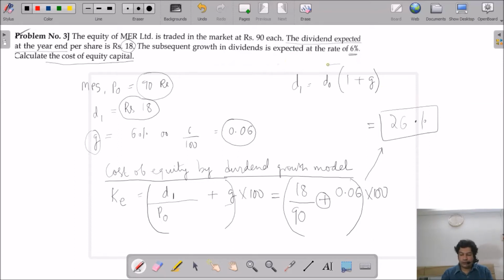So this one concept you need to know, that if we want to find the future dividend, we are going to add growth rate to it. So 1 plus growth rate, when added to the last year's dividend, will give us the dividend of the next year or the future dividend. So this is the new part which we have studied right now. So I will be moving to the next part.